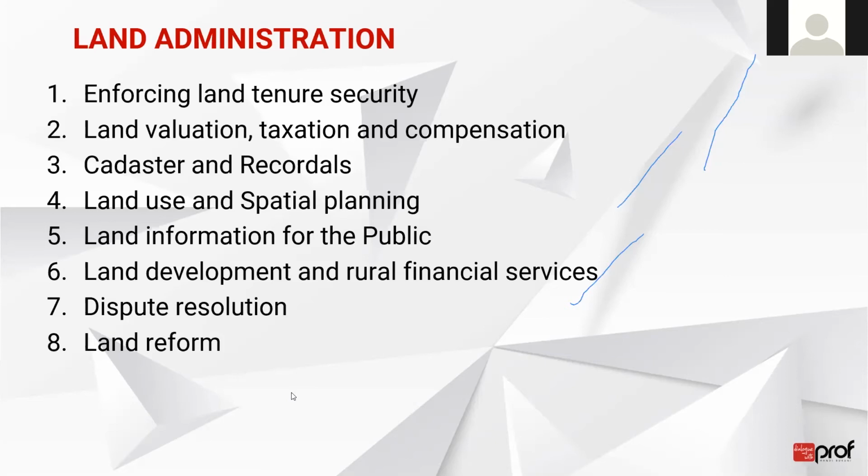Five is availing information on land to the public, so that that information is easily available and usable. Number 6 is to provide services for land development. This is usually the function of national and provincial and district levels. It's tied both to the public and private economy, because it's about the broad-based planning we talked about earlier, but then being able to say the Rural District Council, through its tax revenue, is